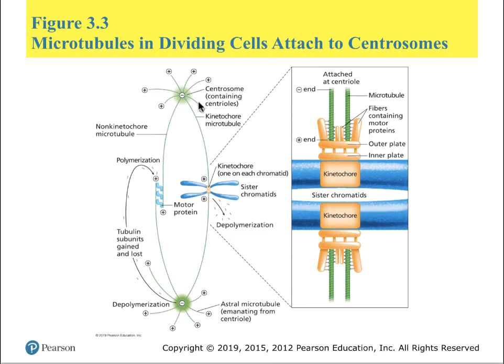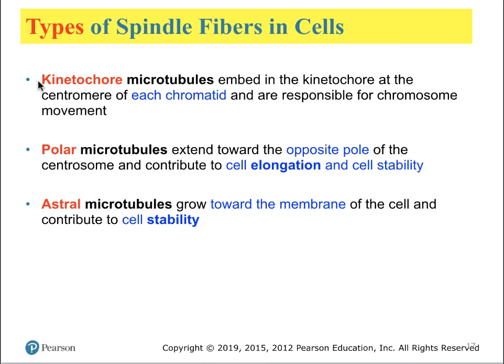Some of these microtubules will make contact with the plasma membrane of this cell. Other microtubules will reach across and make a connection with microtubules emanating from the sister centrosome. And a third class of microtubules will make contact with the centromeres of the chromosomes at the kinetochore complex. The kinetochore is a complex of proteins which are designed to allow the microtubules to grow and contract. Thus, the kinetochore machine of microtubules that are present at every centromere of every chromatid are geared towards the movement